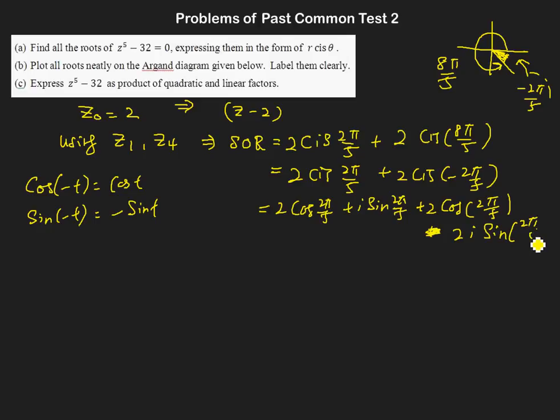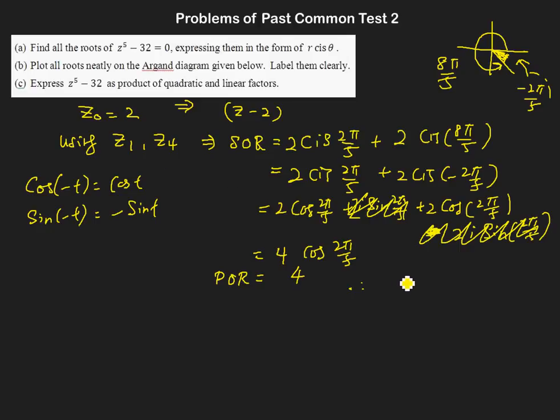So these two imaginary terms cancel each other, and you have 4 cosine 2 pi over 5. And if you expand properly the product of roots of Z1 and Z4, you would get 4. And so the quadratic factor formed by Z1 and Z4 is therefore